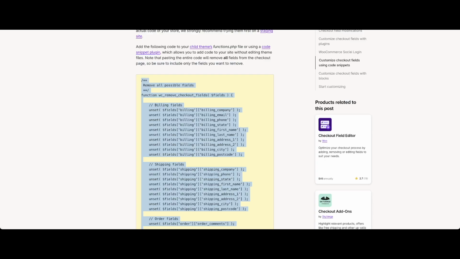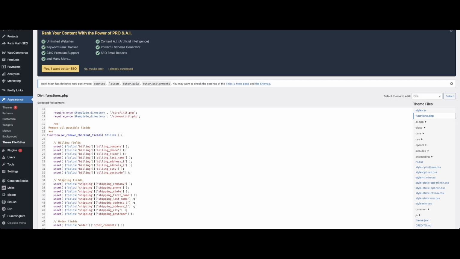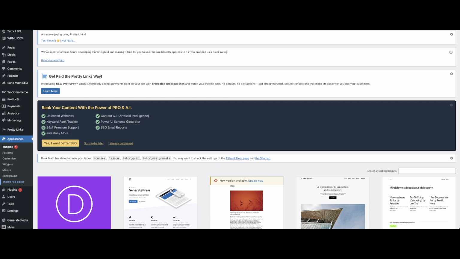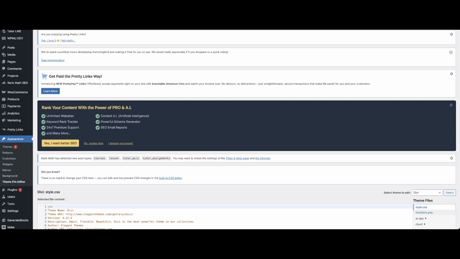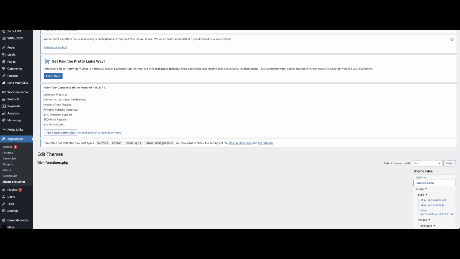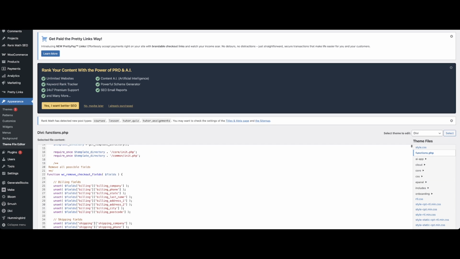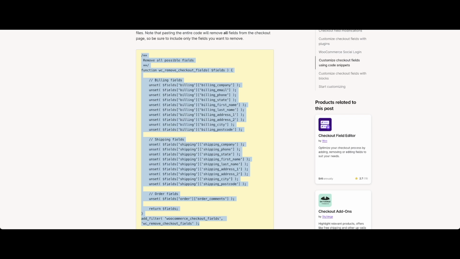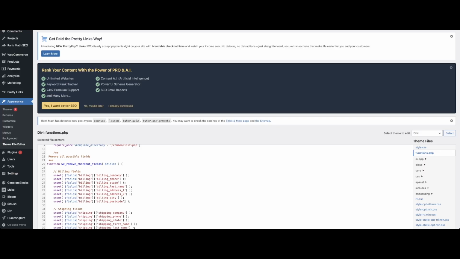Let's get to the point where you add this piece of code to your WordPress theme file. So remember, you will need to keep your country field, which has to exist. Second, you will need to use the functions.php file. Inside your functions.php file, which you can get to by clicking on appearance and getting to theme file editor, here on the right side panel, you will find functions.php. When you get to functions.php, somewhere down here is where you will add your code that you just copied for WooCommerce checkout optimization. So you will copy this piece of code here and add it to your notepad,